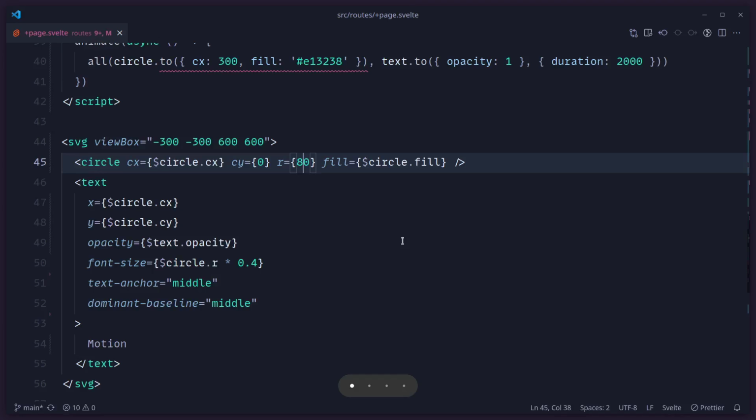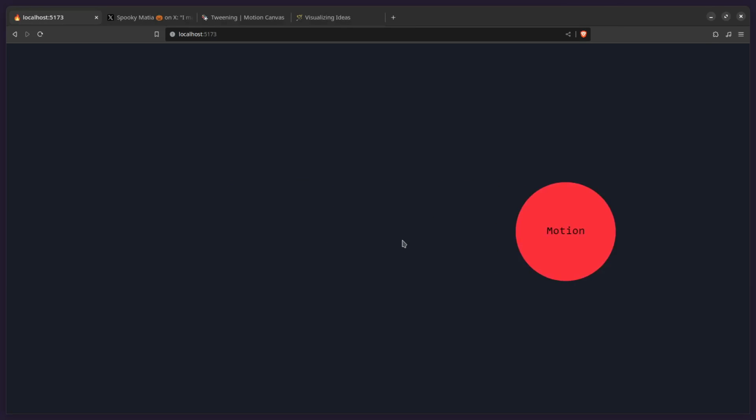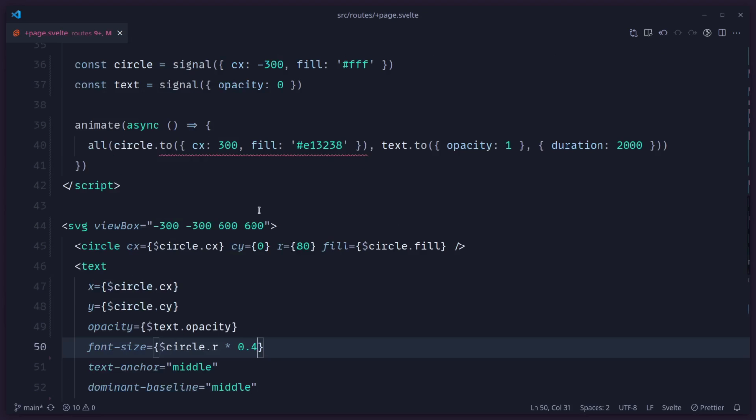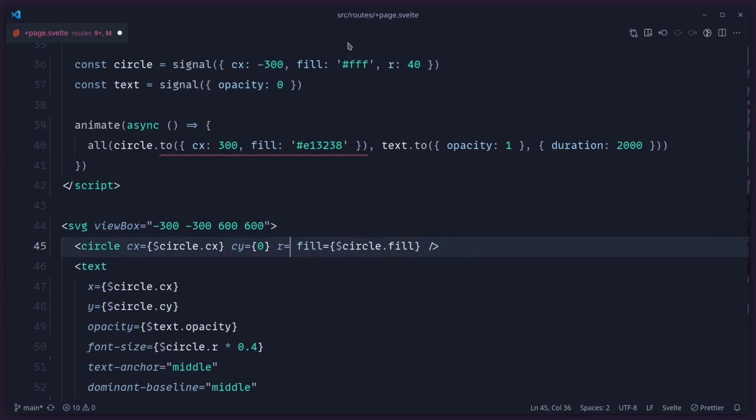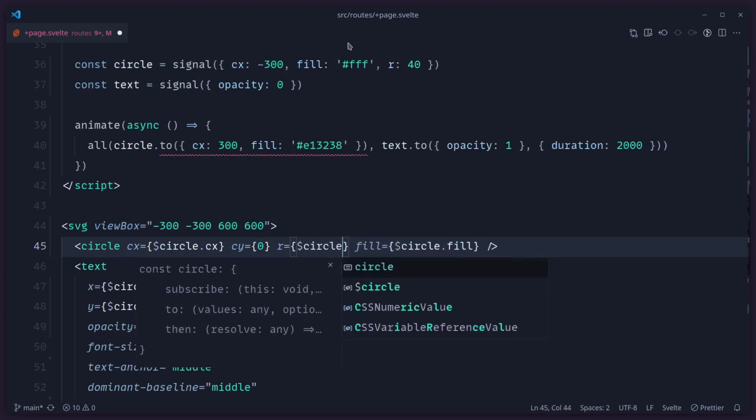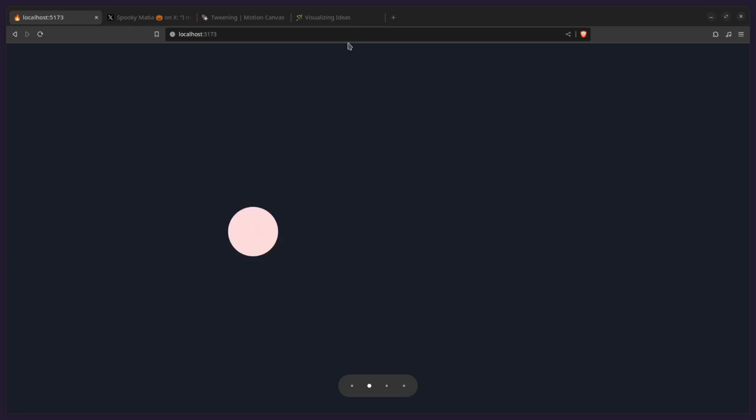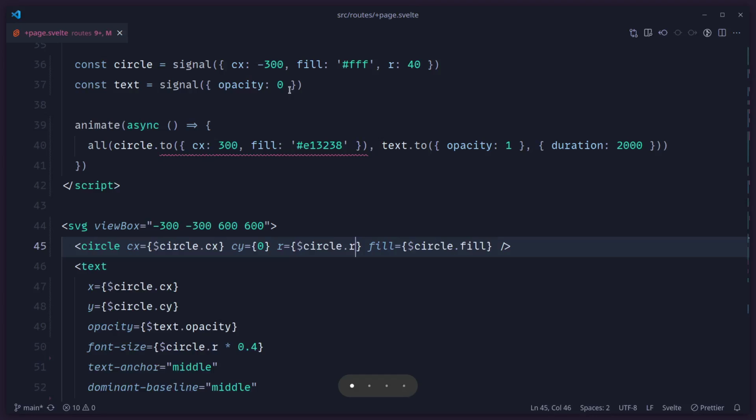So if you want the text to be larger, let me just show you what it looks like by default if you remove it. Oh, and I just realized we didn't even specify that. Oh, look at me, how forgetful I am. So we can go to the actual circle here and let's just define it. So now we can set this to 40 or whatever. Let's just go to the R of the circle. Now we can say circle.r. And now this should be based on the size of the circle, right?